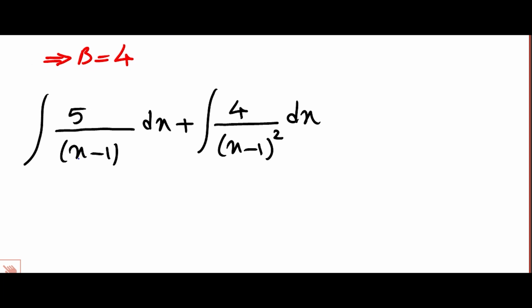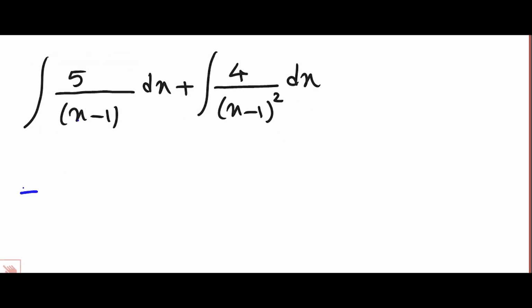The derivative of x minus 1 is dx. So we have 5 times, since the derivative of the denominator appears in the numerator, the integral is the natural log of the denominator. So we have 5 ln of the absolute value of x minus 1 plus the integral of